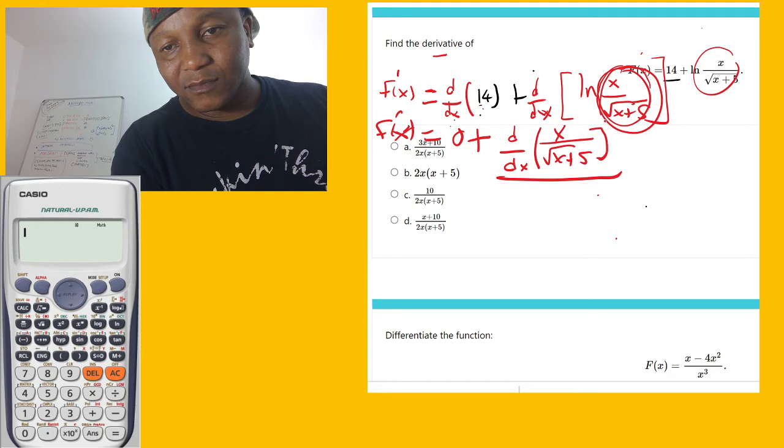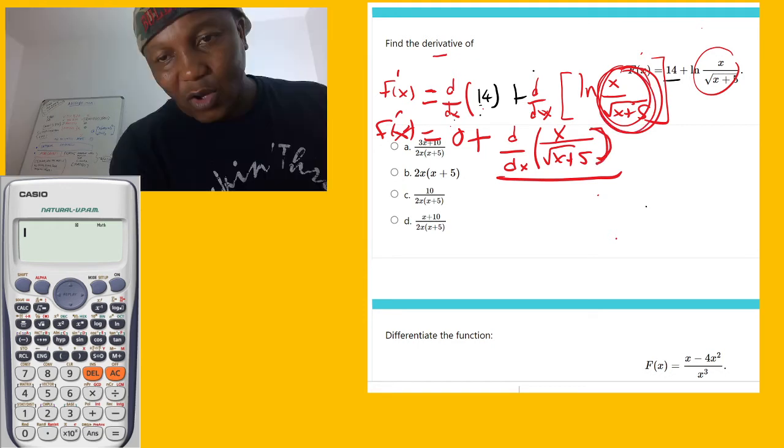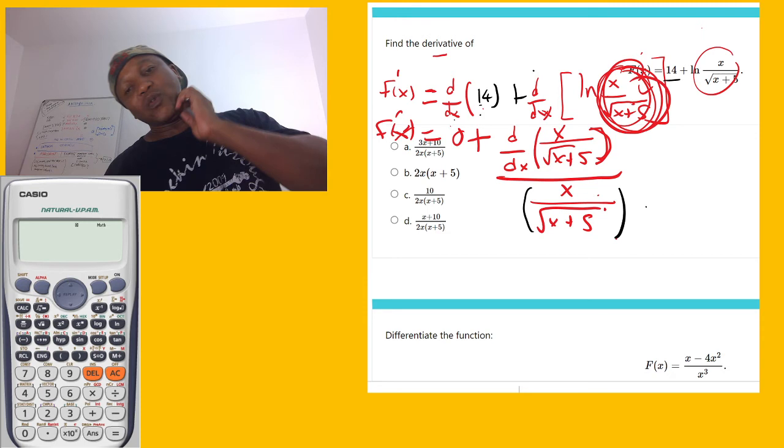So on top, everything here you derivate, and then you put it over what you have, which is going to be x over the square root of x plus 5. So what we're doing right now is the multiplication. See the multiplication. So now this is 0, so nothing here. So it's f prime